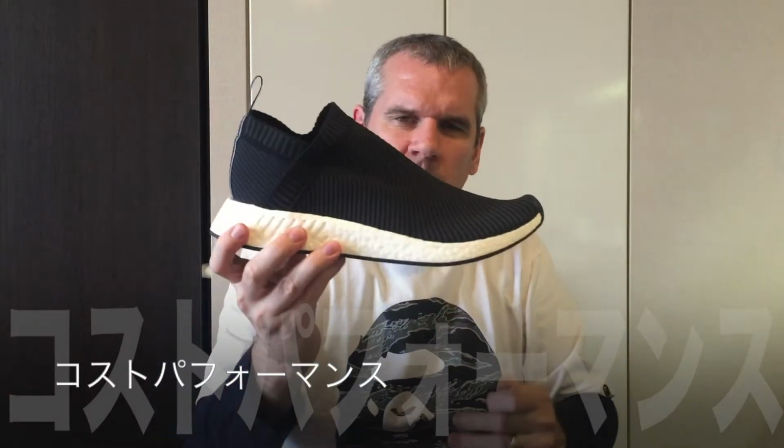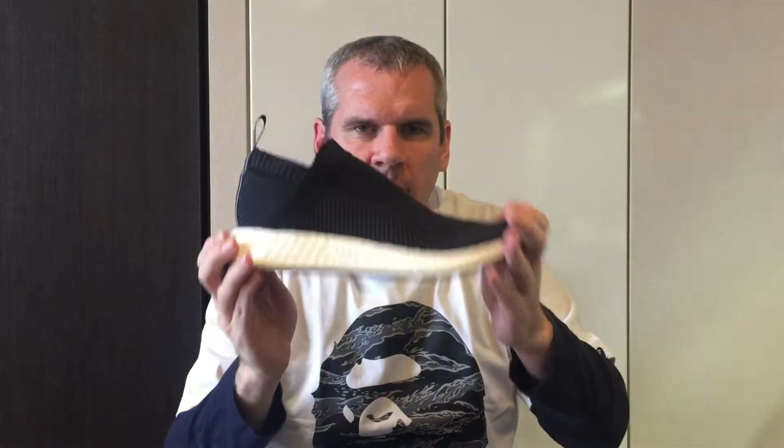But for the rankings, what I'm talking about right now is value. And value-wise, it's got a super high score in value. It's a great sneaker at a low price. It's not just about cost. It's about value and whether or not you got bang for your buck. And in the case of this City Sock, I definitely got value for my money,